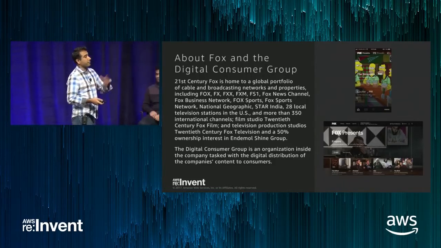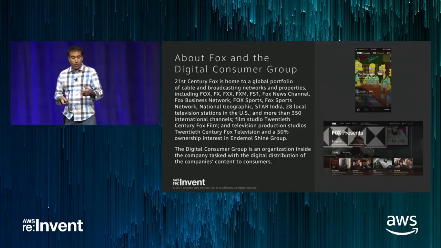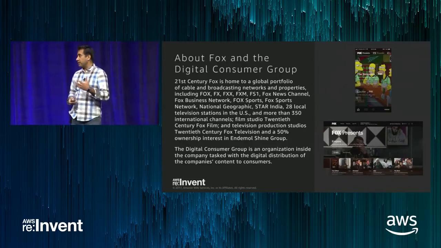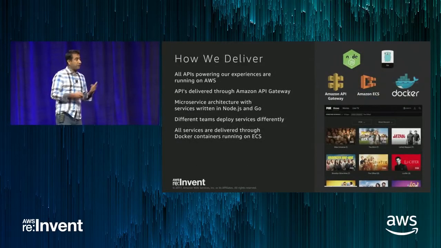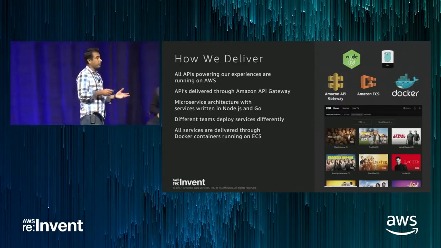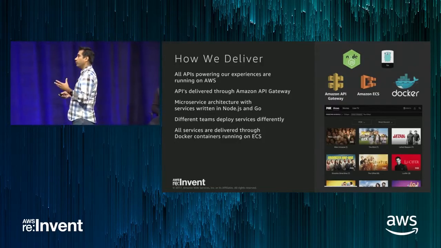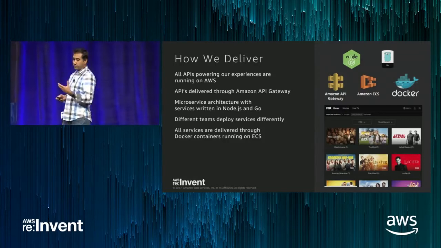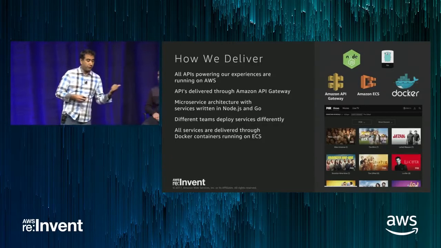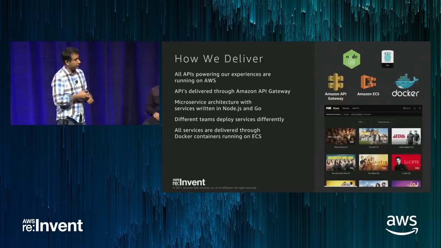Because we have a number of front ends, whether it be web, mobile, connected device, what have you, we deliver everything through a common API layer. So what I'm really going to talk to you guys about is the common API layer and how we deliver that. Now, there's a lot more services that we end up utilizing. However, I just wanted to show how we're delivering it as it relates to this presentation and to ECS in general. First of all, all of our experiences are running out of AWS.